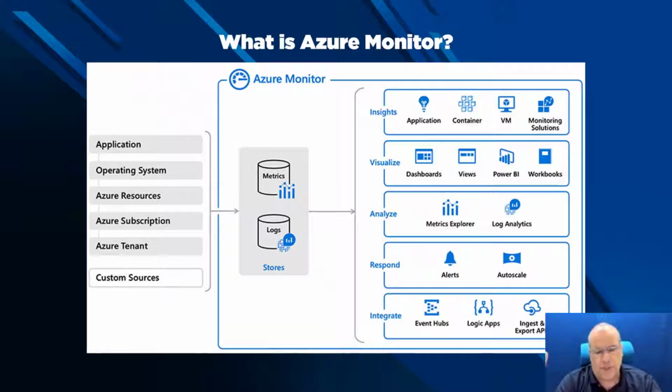For the most part, you don't have to care about where the data store is, but I think it's important to understand just so you have a breadth of what happens. Metrics get stored in one repository or database as outlined on this diagram, and then logs get stored in another. These two data sources, which are listed in gray, reach out to